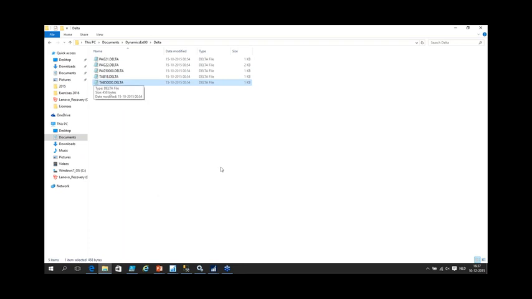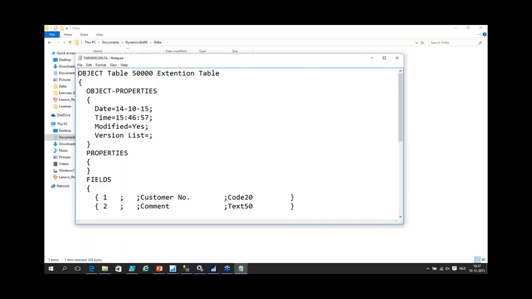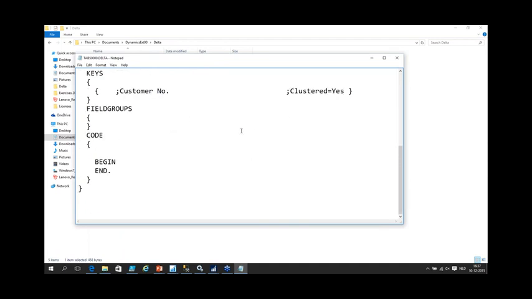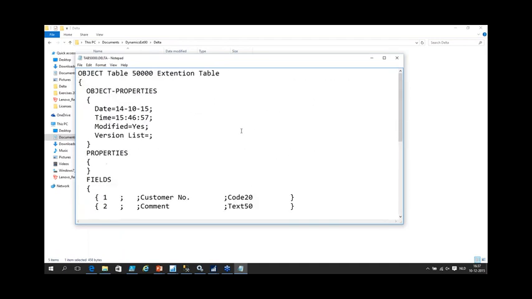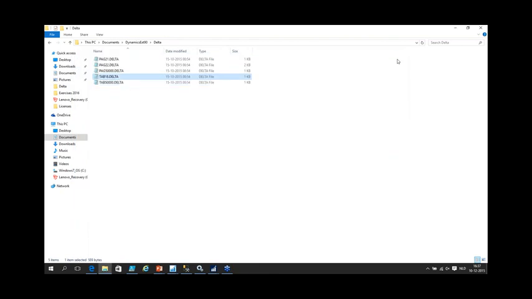I can simply go to table object, and if I look at the syntax of that delta file, it is exactly the same as we had for the last 25 years. It's the definition of the object, because nothing has been modified. It's just something new. It becomes slightly more complex if we make a change to an existing object, because